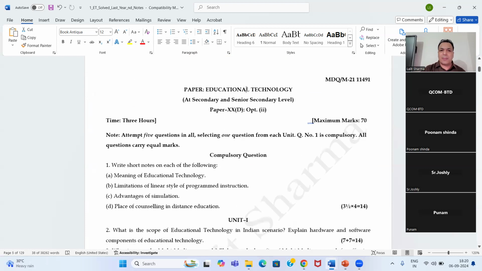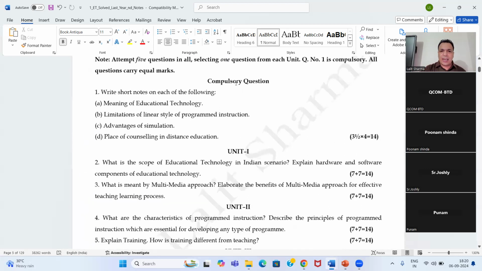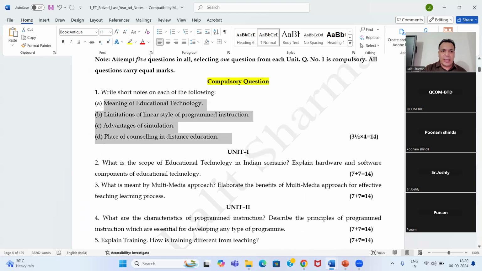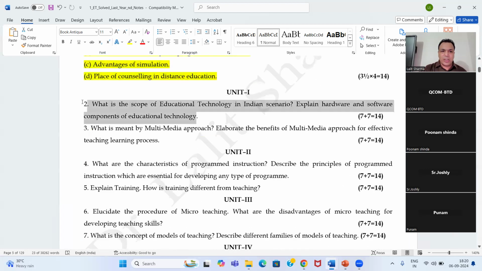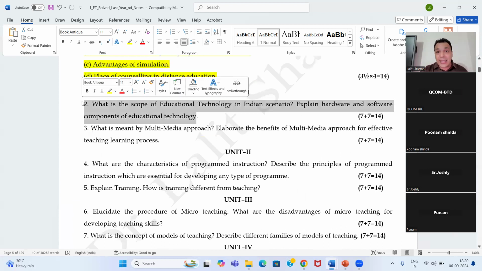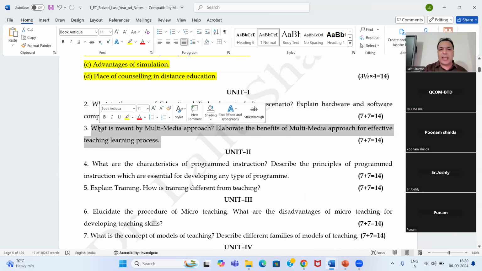See this, guys, this is the last year paper, right? Educational technology last year paper. Under the compulsory questions, the questions that came: meaning of educational technology, limitation, advantage of simulations, and place of counseling in distance education, right? Under unit 1, the question that came: scope of educational technology in Indian scenario, right? Explain hardware and software components. I have told you now, components would come, right? Definitely questions come. See, 2 questions came in the first itself, the multimedia approach also came there,